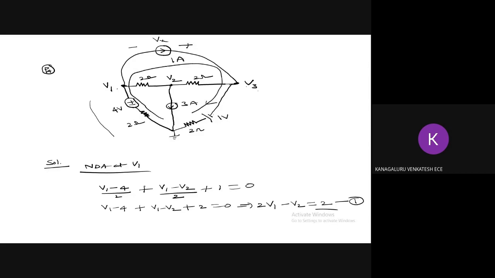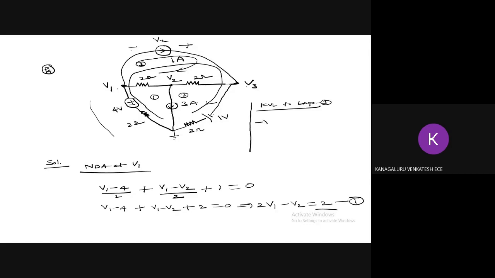You can apply, or you can go straight away with the third loop alone. Means you can apply like this. It's up to you. In all the cases, you'll get the same answer. You can cross check that. But suppose I'll go with this method, second loop. So I'll start from this point, maybe I assume this loop 1, loop 2, loop 3. KVL to loop 3. See, what do I get?